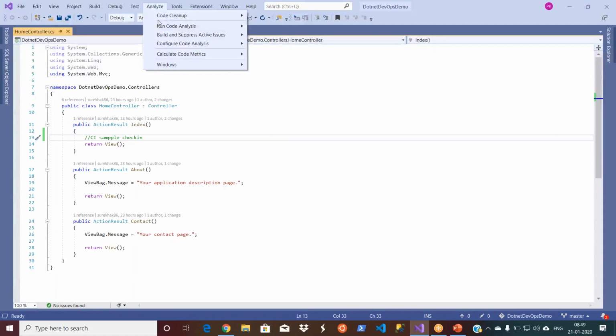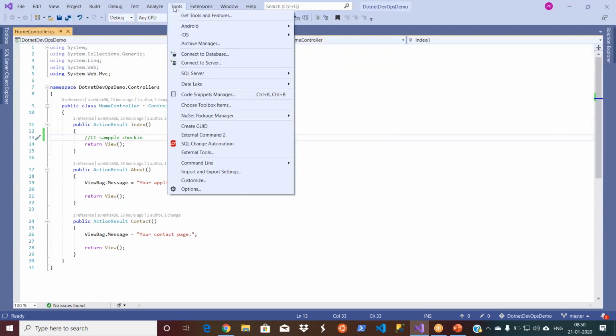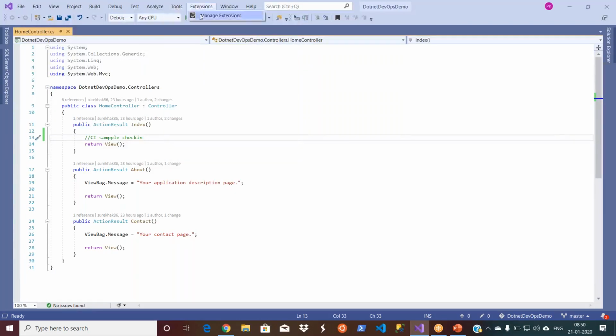But my intention is to analyze my code with the rule set that I'm using on the server, so that all my versions are using the same code. So let's go and use our SonarLint. You go to Extensions and then Manage Extensions.